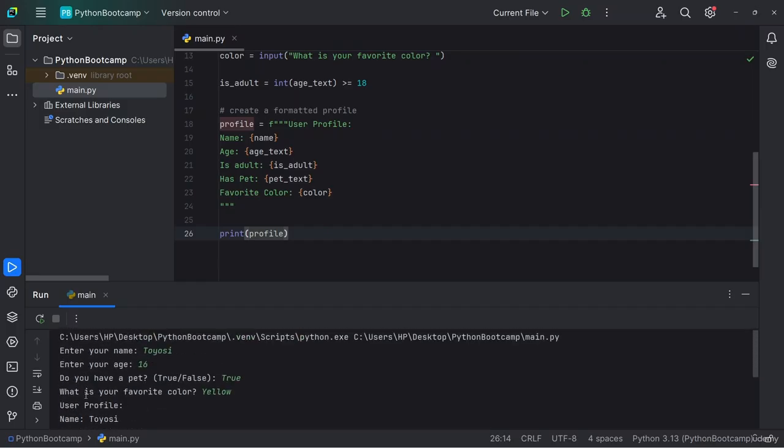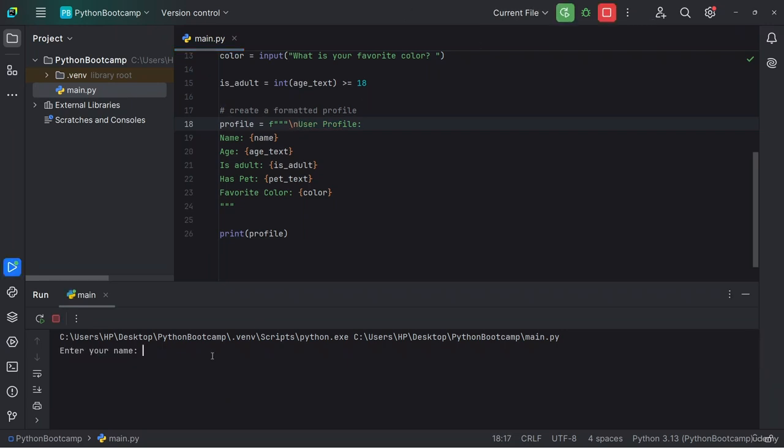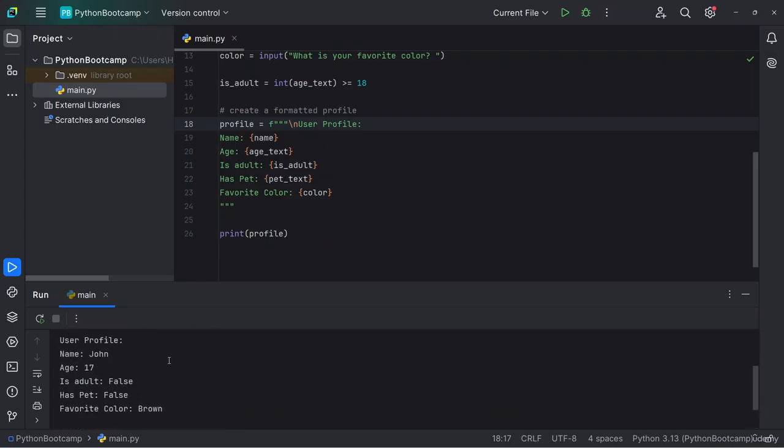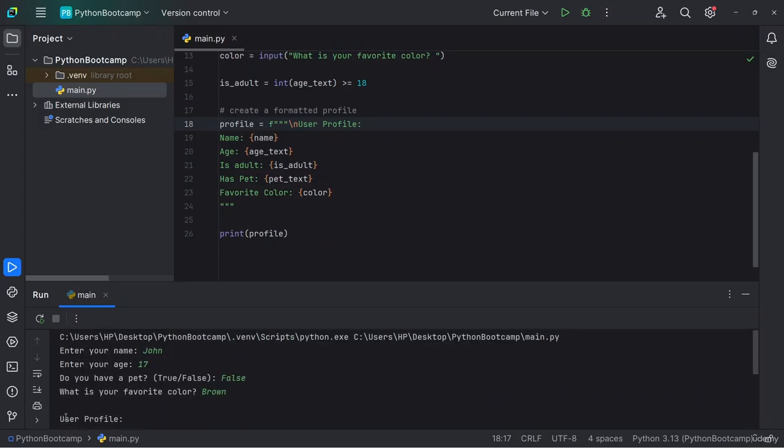So you can see now that at this point, we cannot distinguish the end of our prompt from our output. So what we are going to do is we can put a new line syntax here. So if we run that again, what's your name? Let's say my name is John now. What's your age? John is 17 now. Does John have a pet? Let's say false. John doesn't have a pet. What is Mr. John's favorite color? We can say brown. All right. I don't think anyone has brown as their favorite color. All right, so now we have the user profile separated from the input using the new line